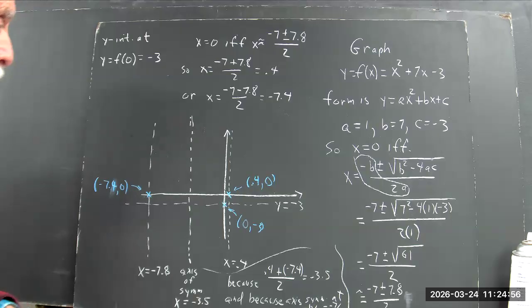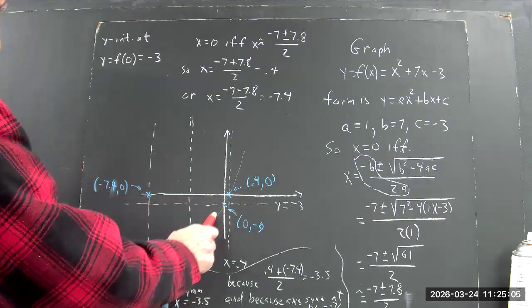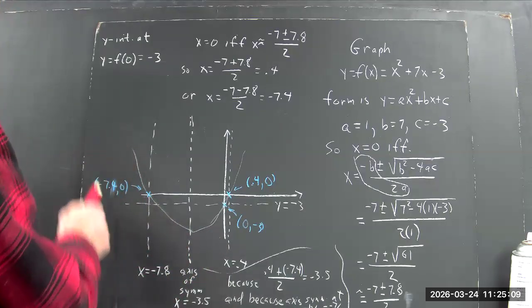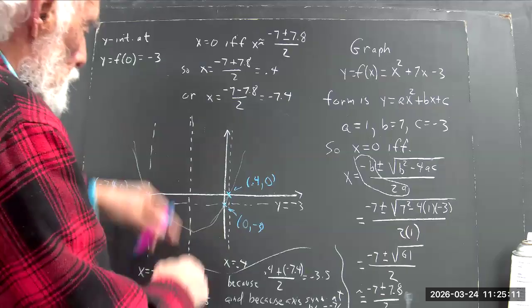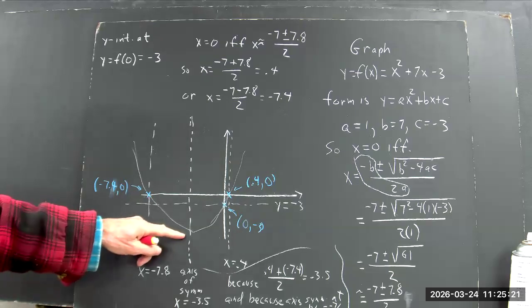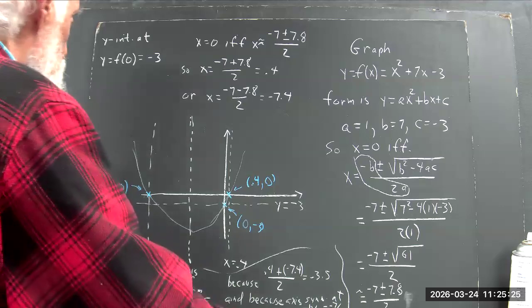The vertex has to be on the axis of symmetry, so our function is going to come down kind of like this. Going to kind of level off, and then come back up. It's going to be nice and symmetric with respect to this axis of symmetry. I didn't draw that exactly right. I'm going to draw a more solid line here in a minute when I figure out exactly what the coordinate of the vertex is. So the vertex